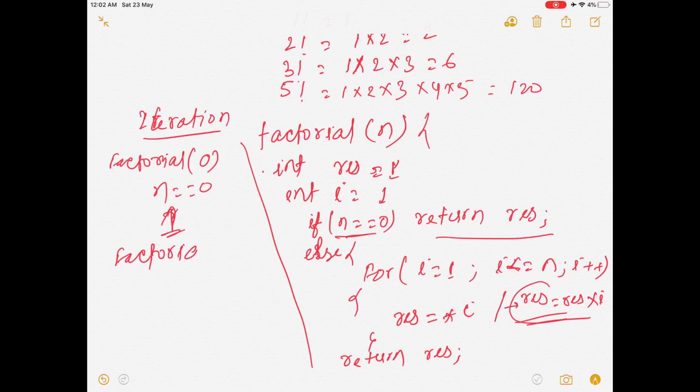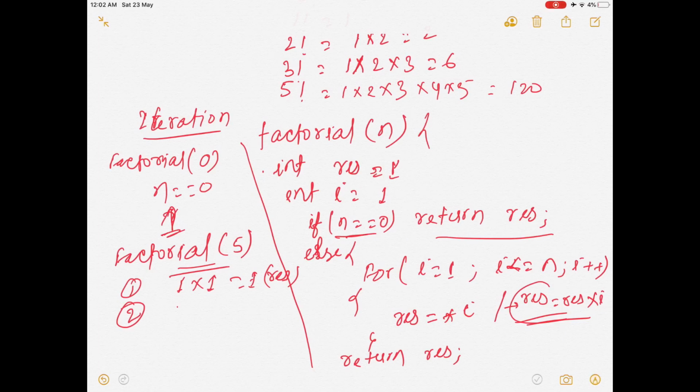Now suppose you are passing factorial 5. In that case it is not 0, so it will come to the else part and i will start from 1. The first run will give you 1 into 1, so you will get 1. So now our res is equal to 1.